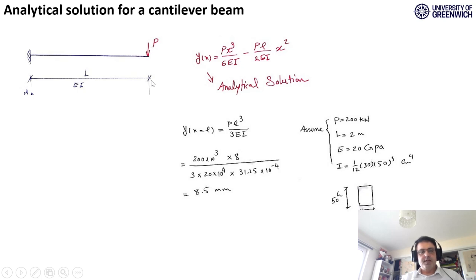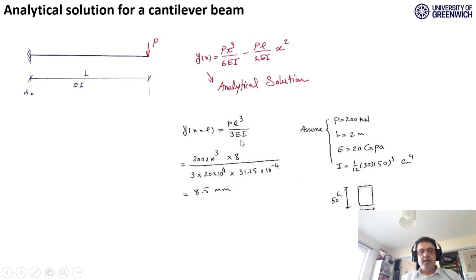The characteristics of the beam are the length L, E, and I. As you know from previous lectures or modules, the analytical solution for this beam can be expressed like this as a function of x³ and x². If you replace x equal to L, you will find the deformation of the beam's end,